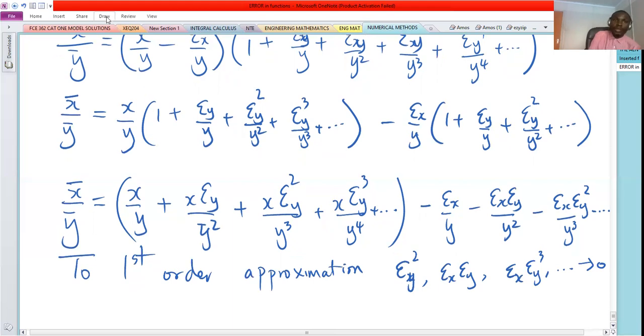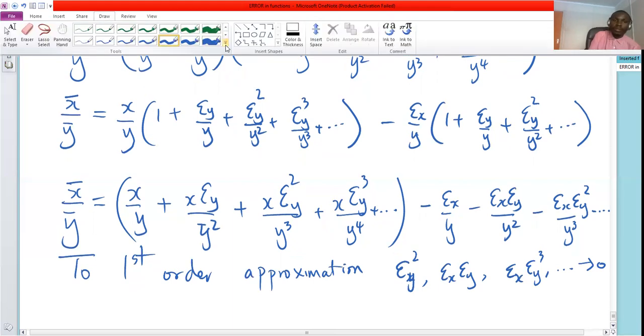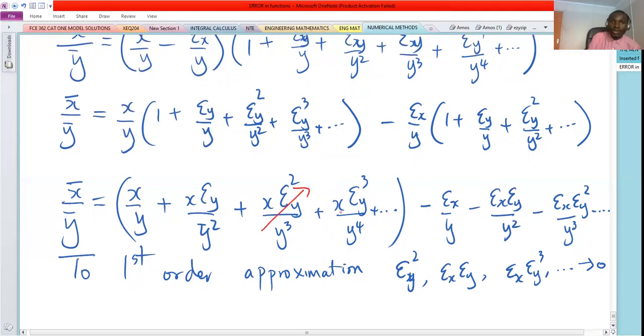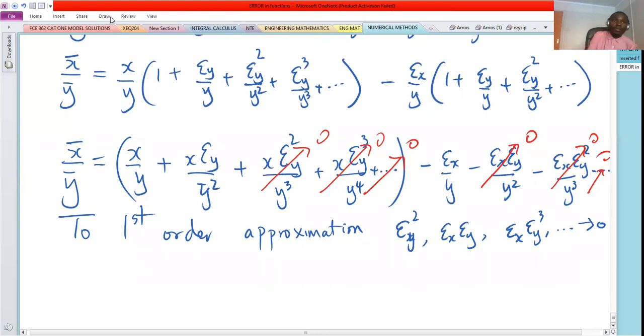So therefore, in this expression here, this term will be 0, this will be 0, also everything remaining here is 0. This also goes to 0, this will be 0, and everything that comes after this term will be 0. So we'll have